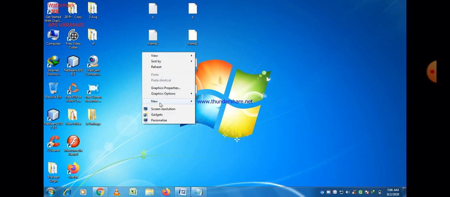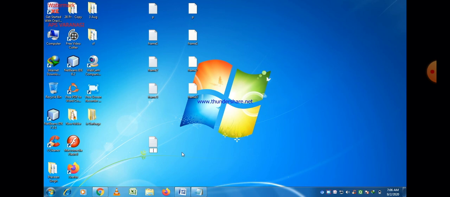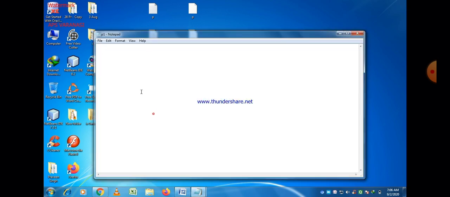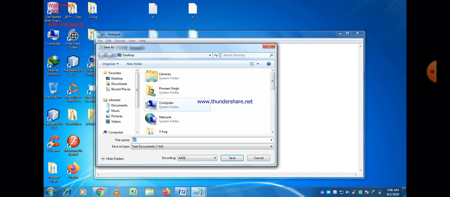So first of all, let us make a new program here. The name of the program is P1, and then just write the program here, save the program and try to execute it.